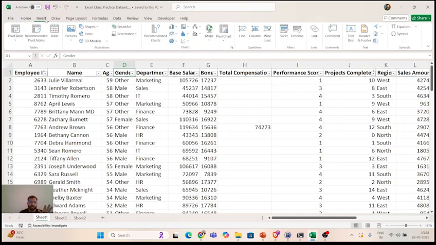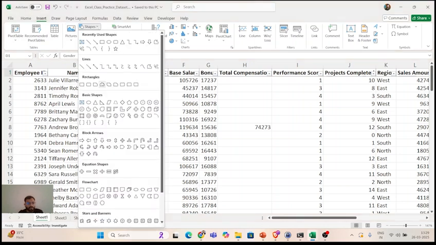Then again insert tab. Again in insert tab there are lots of options. Again we will try to cover only those which are very important, which are very frequently used. Right? So first is pivot table. We have a dedicated class for this pivot table, so I'm not going to touch it right now. But yeah, we can insert pivot table. We can insert another table, pictures. Let's say different shapes like this, arrow, or like boxes, whatever you want.